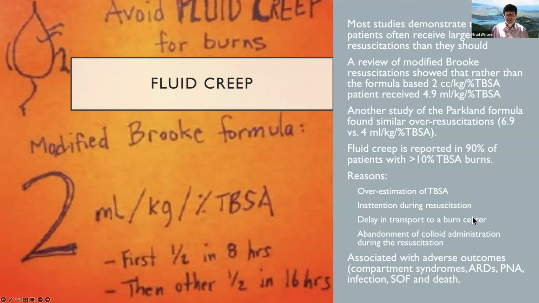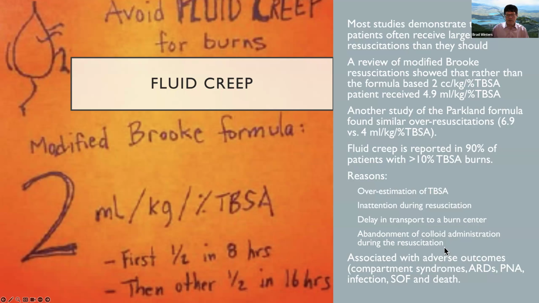And also it's not just the delay. It's like if the person's in a burning house, you have to get the fire under control to get the person out. And so patients may be in a burning building or location for an extended period of time before medical personnel can even get to them to transport. So there's a lot of reasons why this happens. Distance, extrication difficulties, other things can make it hard to get the patient to the hospital quickly.